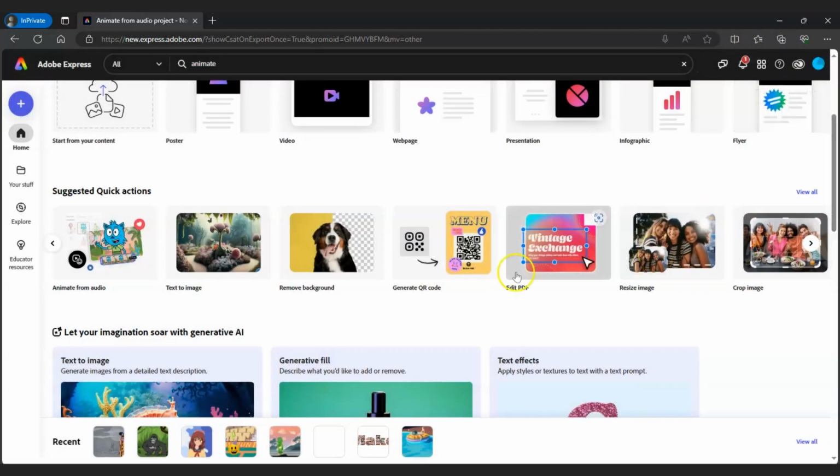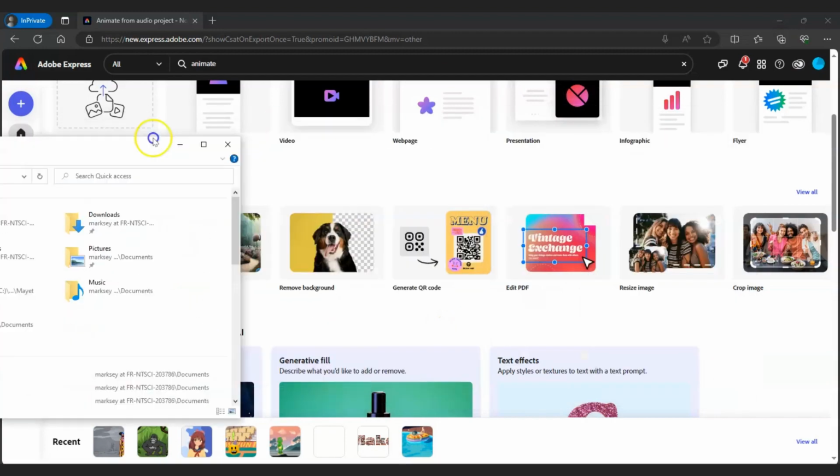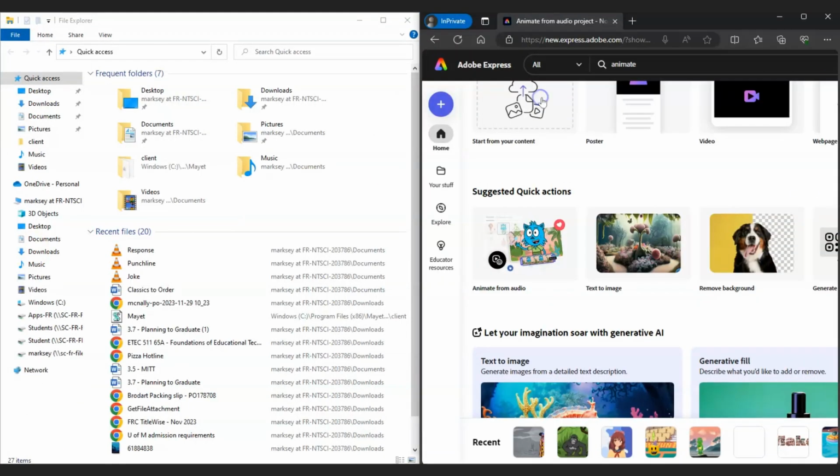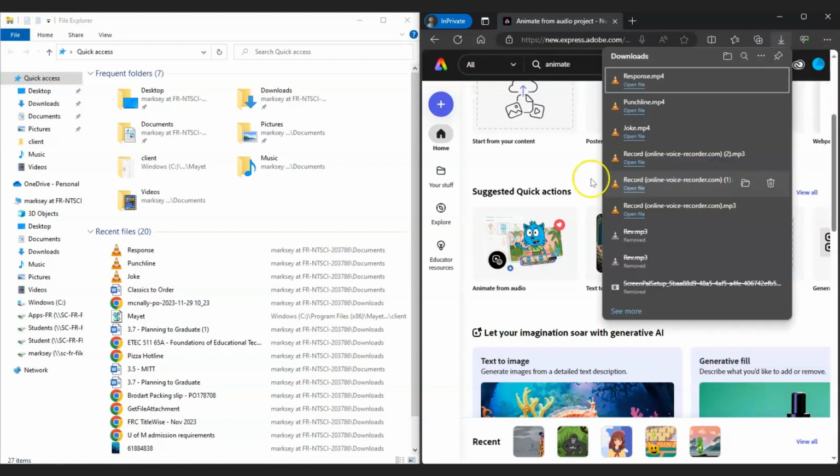And the problem is that these are in my downloads folder. So if I'm on my personal device, this isn't really a problem, but it is a problem if I am on a school device. So what I'm going to do is pull the File Explorer over again. I'm going to leave this page open. I'm going to find my downloads, and I'm going to go back into my documents,